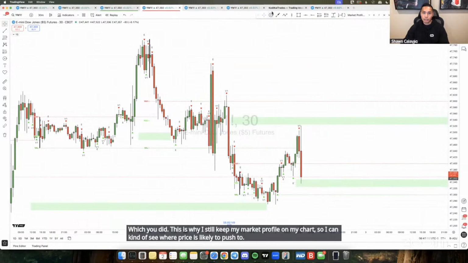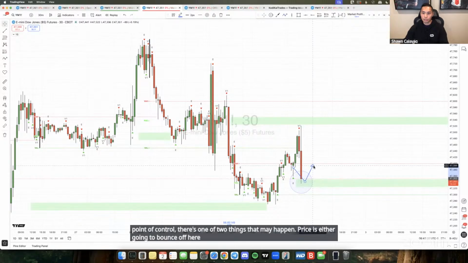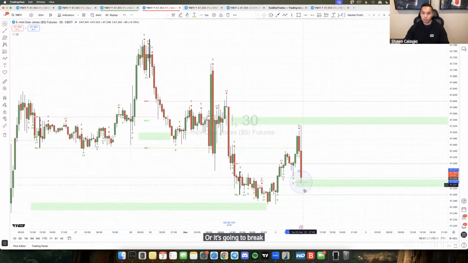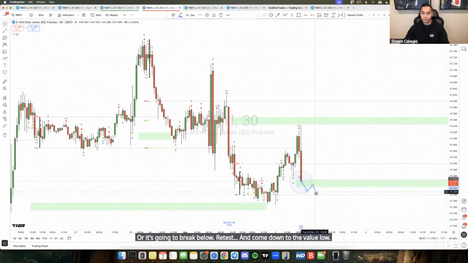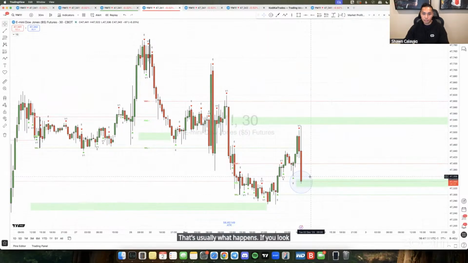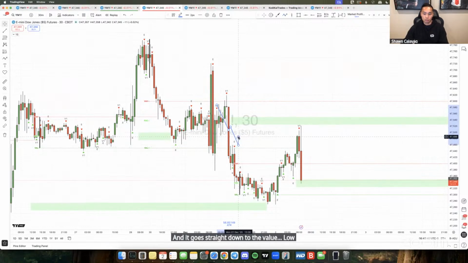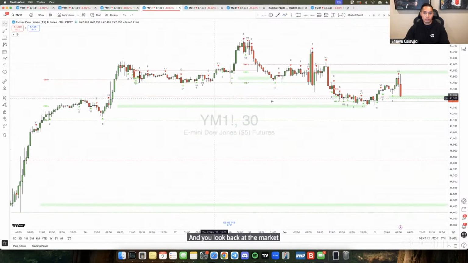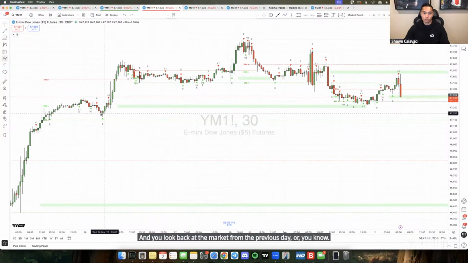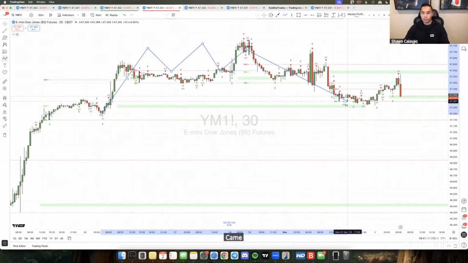Now that price is here at the point of control, there's one of two things that may happen. Price is either going to bounce off here and push back up to the value high, or it's going to break below, retest, and come down to the value low. That's usually what happens. If you look back at previous history, that's just typically what happens, right? You look over here at the point of control, price breaks past it, and it goes straight down to the value low. And you look back at the market from the previous day, price never came back to the point of control, but eventually came back over here and then came back up to the value high,